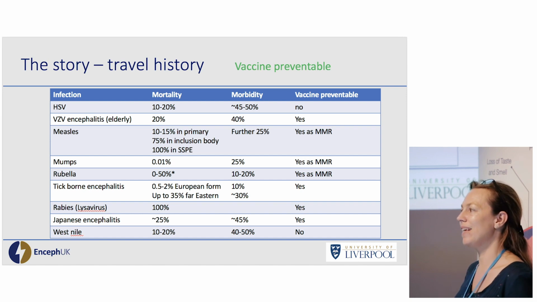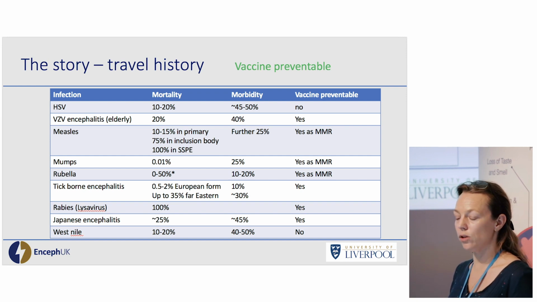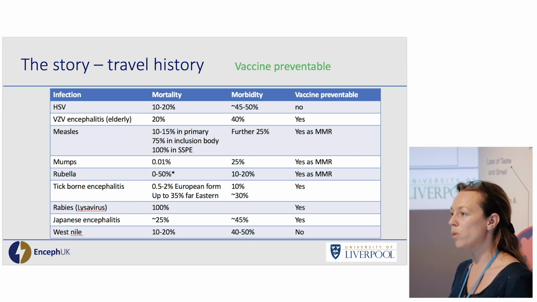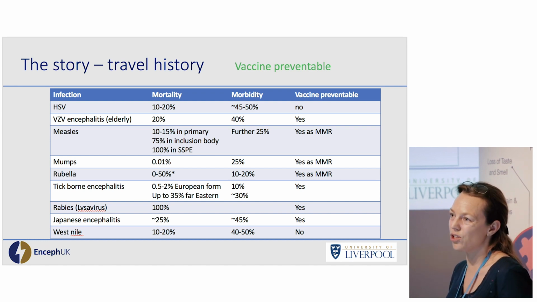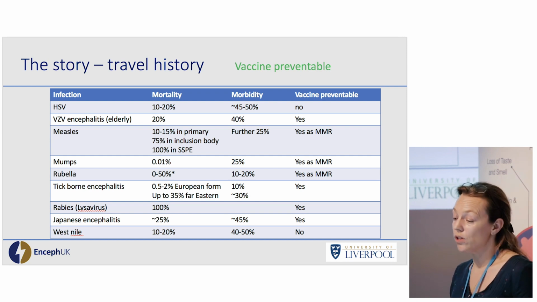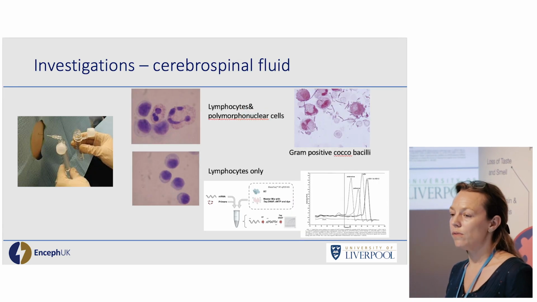Others, when you go travelling, get good travel advice, because there are a number of these that there are vaccines for that will prevent them. And if I could only show people what it looks like when they've had these and the morbidity that they have afterwards, I'm sure everyone would pay for the vaccine afterwards. But sadly, people weigh up the risks and their benefits when they're meeting a healthcare professional and think, well, I'll be okay. What's the chance of that happening to me? It won't happen. And there are others, there is no vaccine, so there's still research that needs to be done there. In terms of diagnosing,